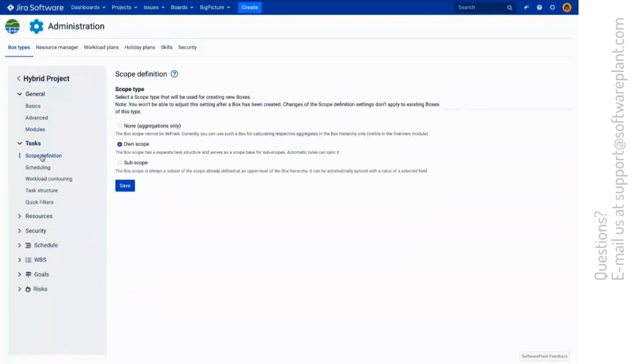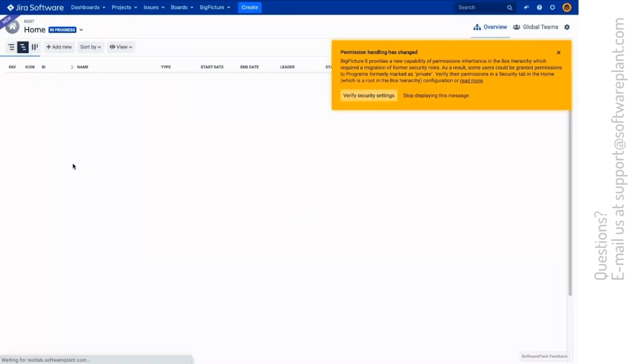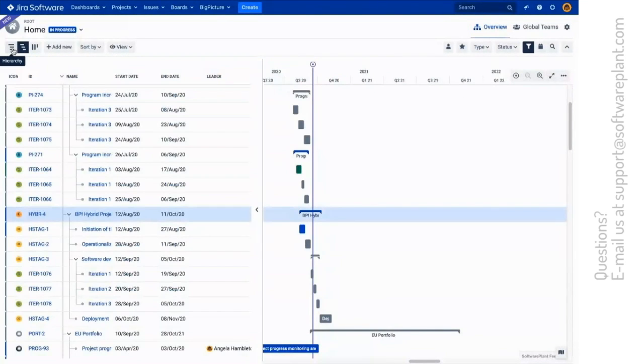Other than that, we can manage the scope more efficiently as well. And due to the new box type, which is the portfolio, we can also create boxes with the scope type set to aggregations only. Those would be used only to aggregate data, which means that if you open such a box, let's have a look at the portfolio, for example, this particular portfolio box, let's have a look at the portfolio for the